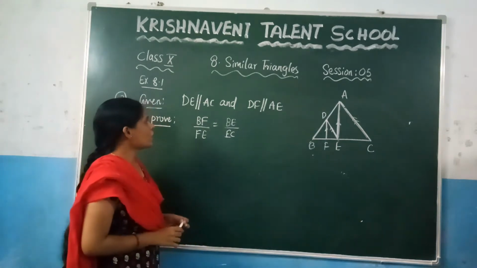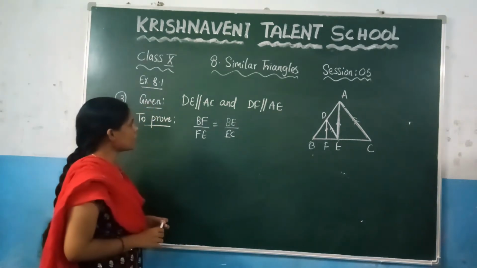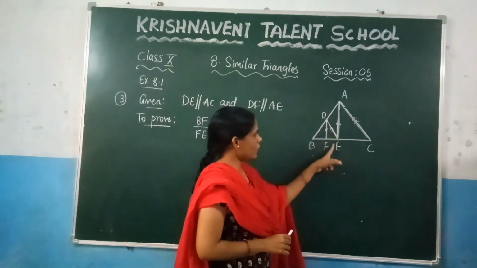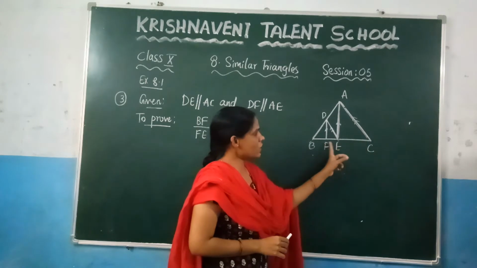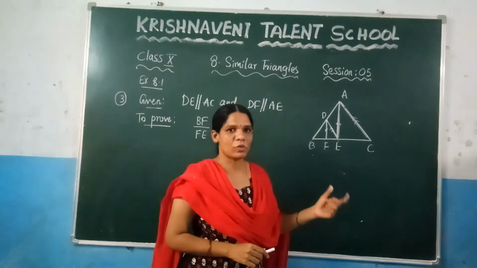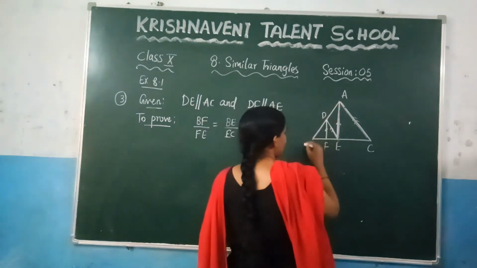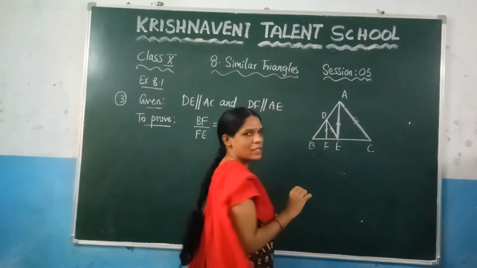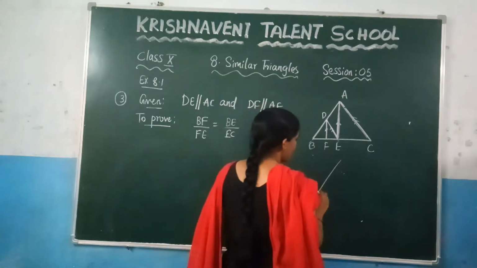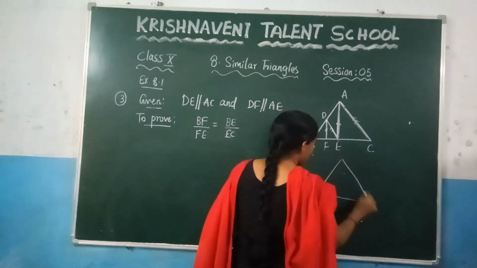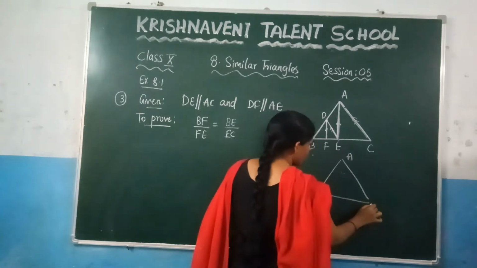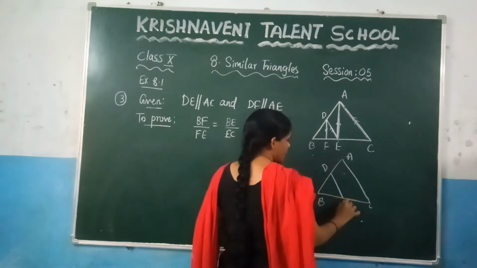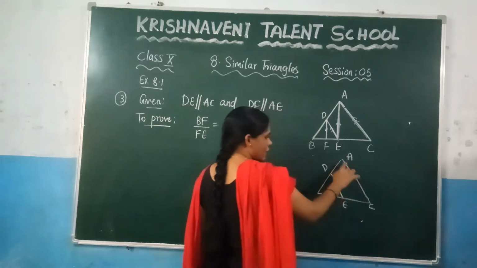So what is the first condition they have given? DE is parallel to AC. So in this triangle they have given DE is parallel to AC. If this condition is to be taken, which triangle do you need to choose? You need to choose the triangle ABC. In the triangle ABC they have given DE is parallel to AC. So I am drawing it separately. Here in triangle ABC, you know what they have given, DE is parallel to AC. Right? This is the condition they have given.